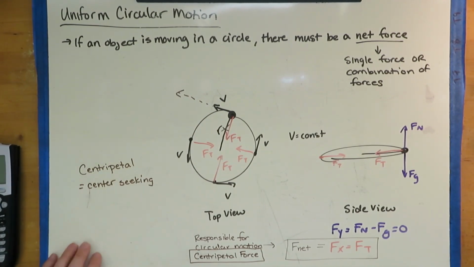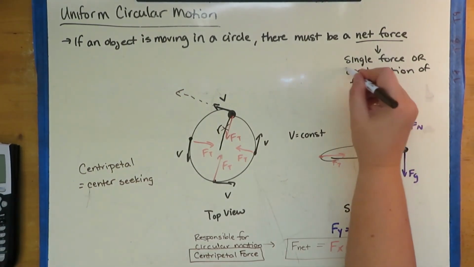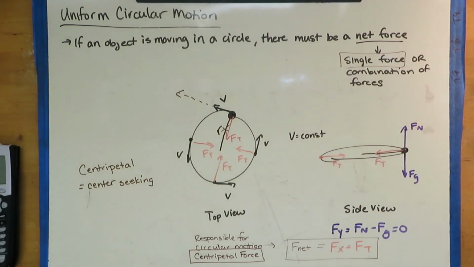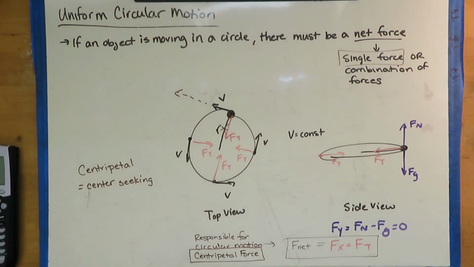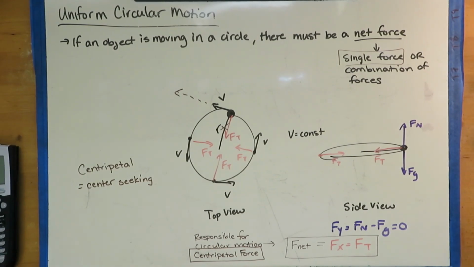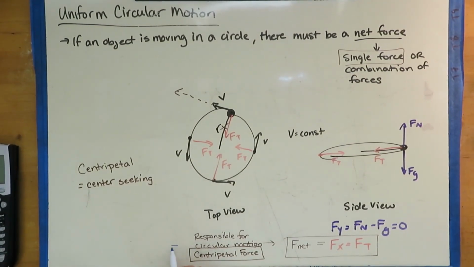So the centripetal force is our center seeking force, and it is a net force. In this case, it's equal to the tension force, which is an example of a single force being responsible for the motion. So the centripetal force is the net force directed towards the center, but it doesn't have to be composed of forces pointing directly towards the center, because its mathematical definition would be the sum